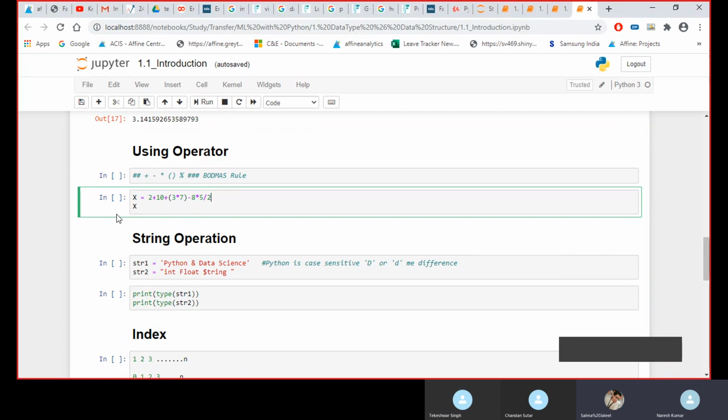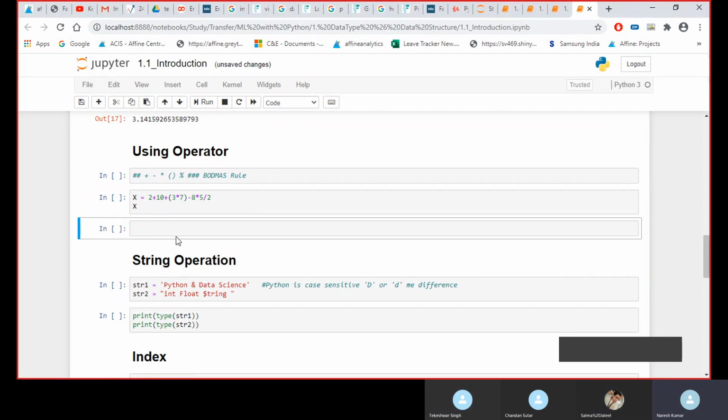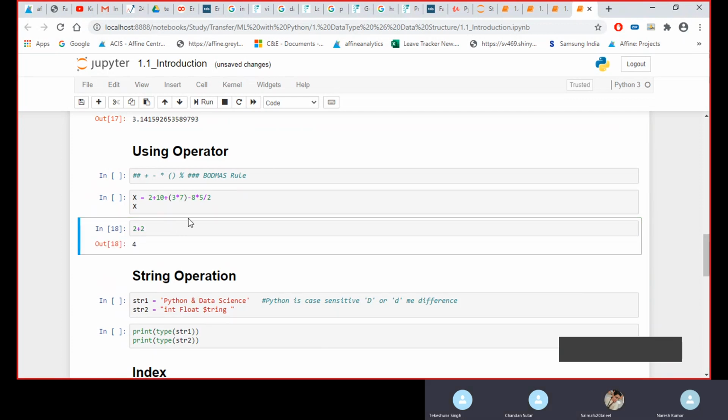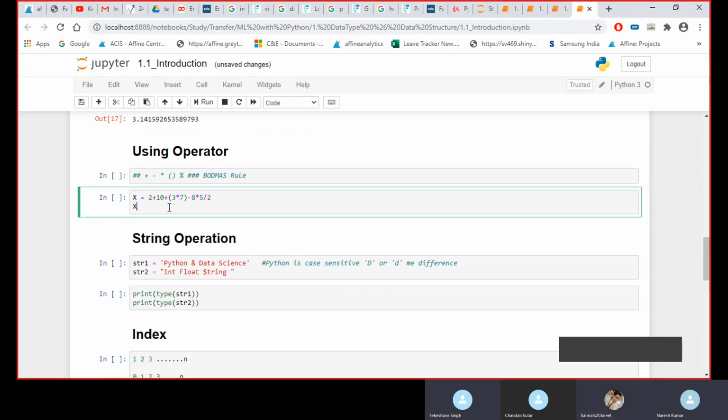Python is also like a calculator. If you do 2 plus 2, it would give us 4. So we are talking about the operators.